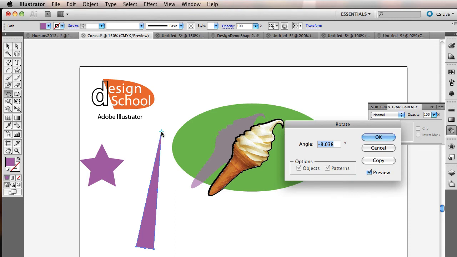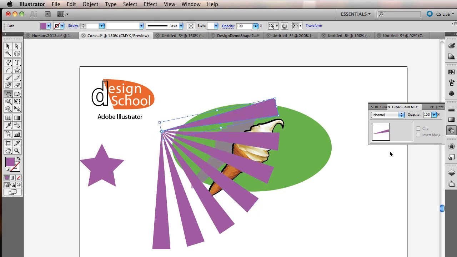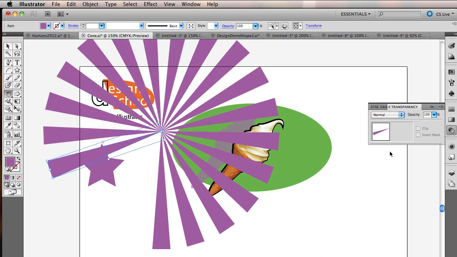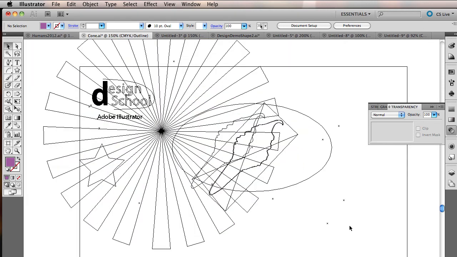I get the dialog box which lets me enter 17 degrees, and I want it to be a copy, and so I'm going to click OK. Now if I want to repeat that action, I can hit Command D, and I'm actually continuing on with the first action I took, only 17 degrees further each time. With the preview turned off, I can easily see my wireframes, and I can do a marquee selection around the